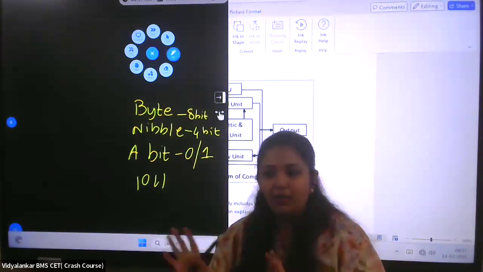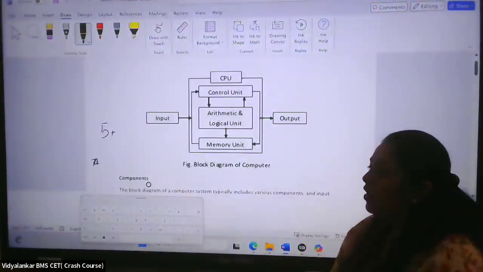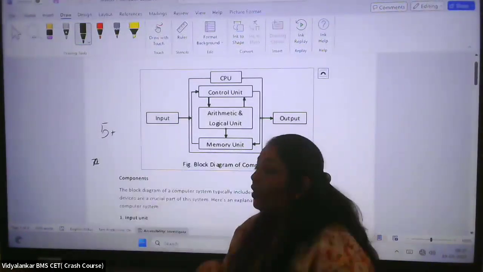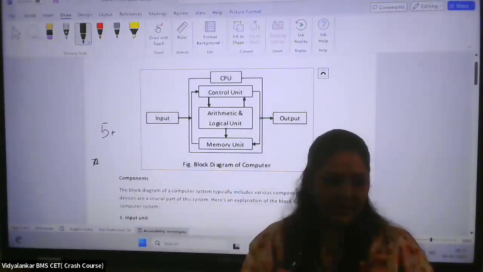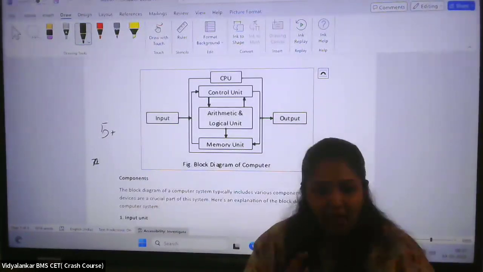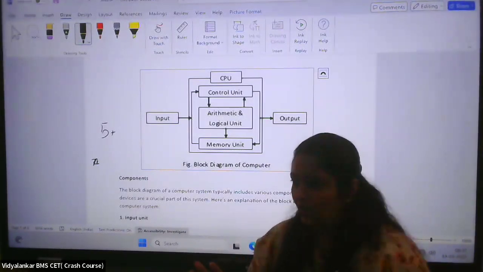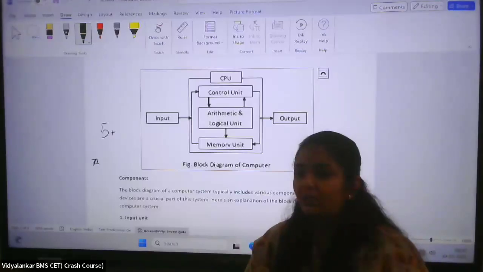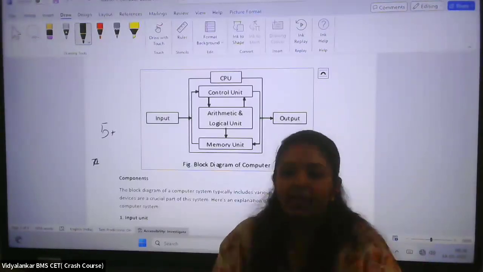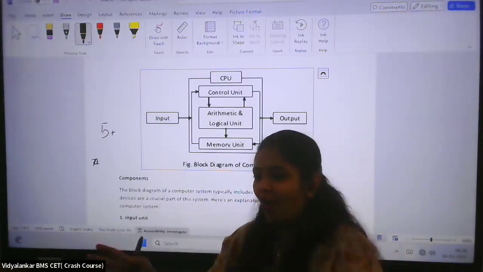So done with the number systems and what is a bit, what is a byte, what is a nibble. Now we come to the architecture. The very first thing you saw was the CPU. Next, I'll take you to the arithmetic logic unit. As the name says, ALU, arithmetic logic unit. Whatever arithmetic or logical calculations are performed in your computer, logical means, of course, you must not be knowing it, there are logic gates called AND gate, OR gate, NOR gate, NOT gate.